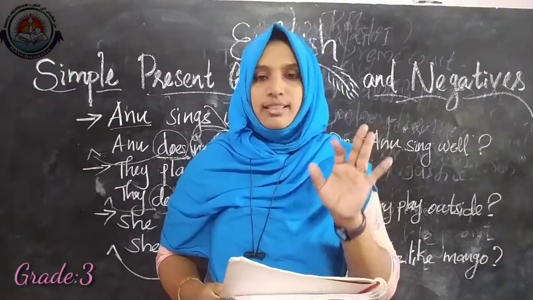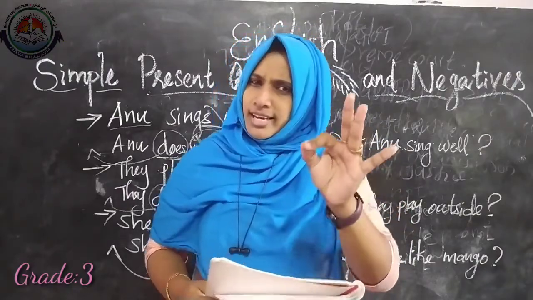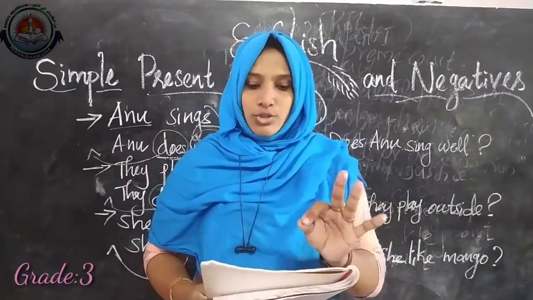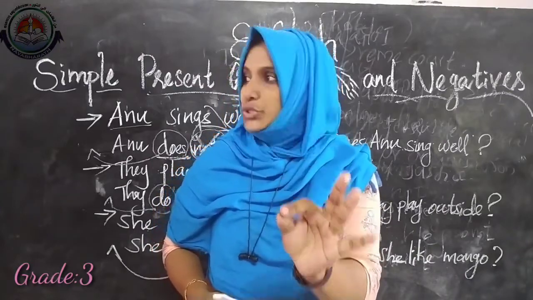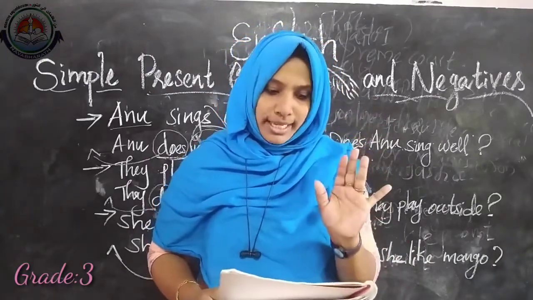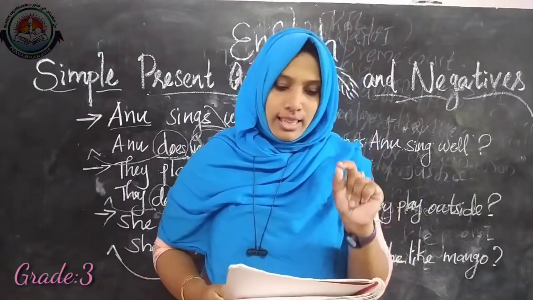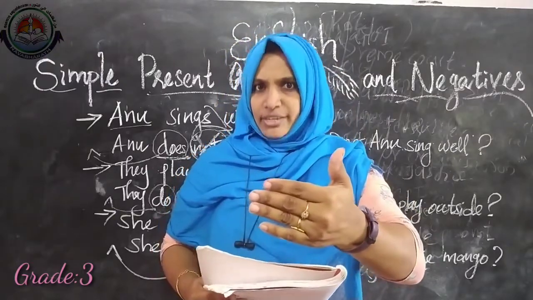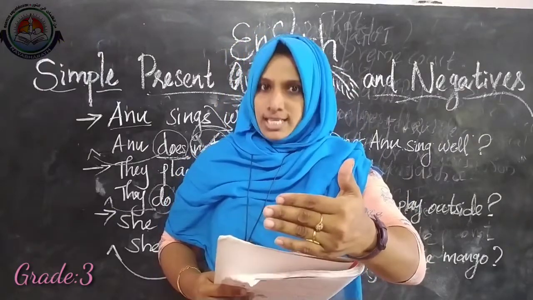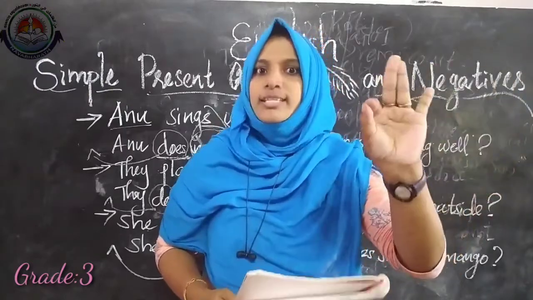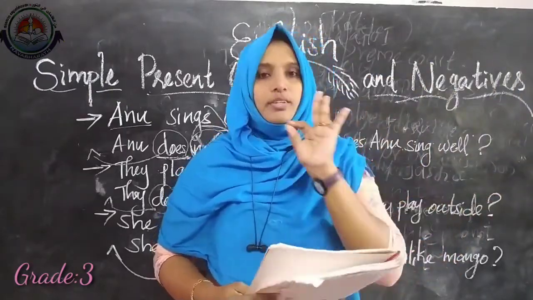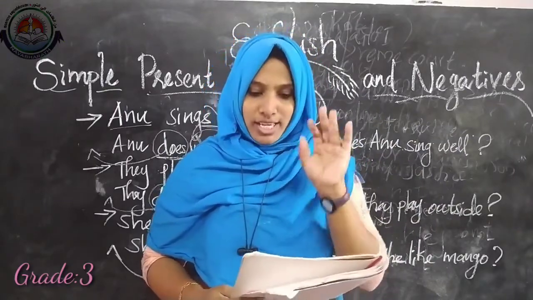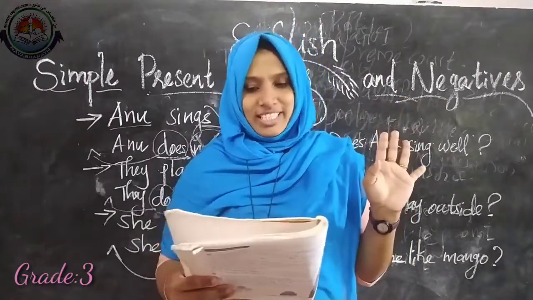Answer the questions in the negative. Here there are so many questions that begin with do and does, so you have to make the answer also in its negative form. See the first one: Do you live near the sea? Yes. As you are giving this negative answer, you will say no, because it is a negative. So, no, I do not. In a negative sentence, we will always use the word not. So, no, I don't live near the sea.